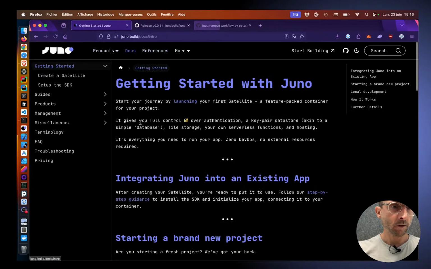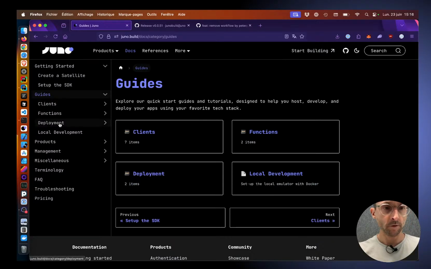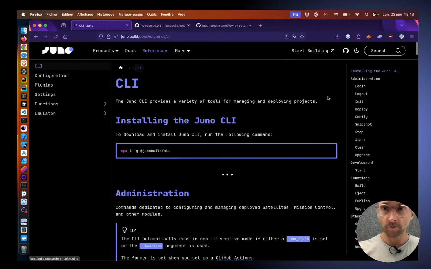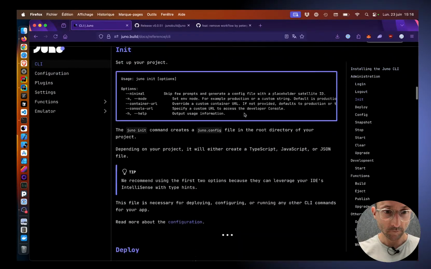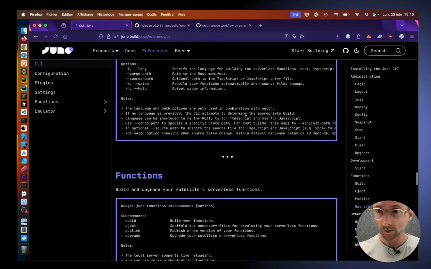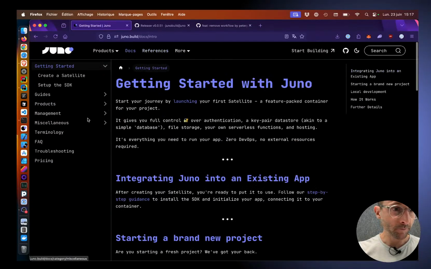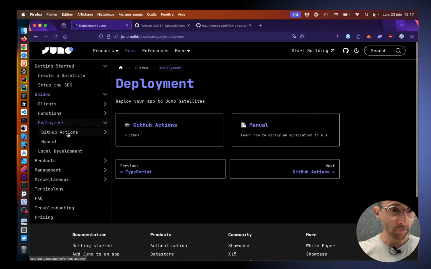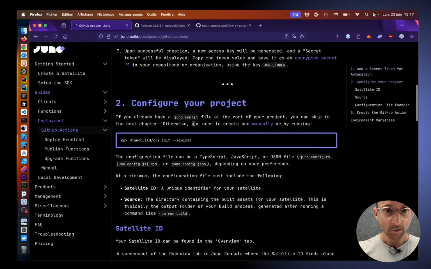If we go to the doc, in the guides, everything has been updated and so on. You will find, for example, the references here, but I did not add changes, so that's a good one. I'm gonna add it afterwards. I forgot it. Funny. All right. It happens, but the doc is there. It's just not added. So if I go to deployment in the GitHub Actions section, that's the same as